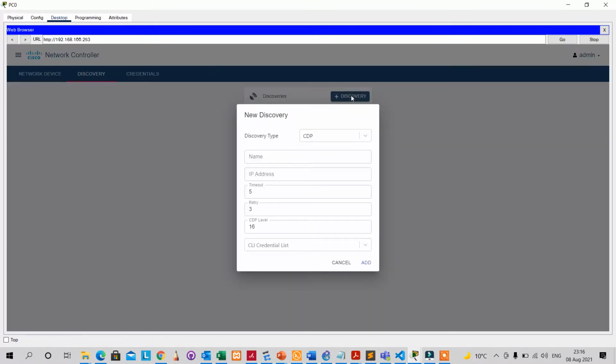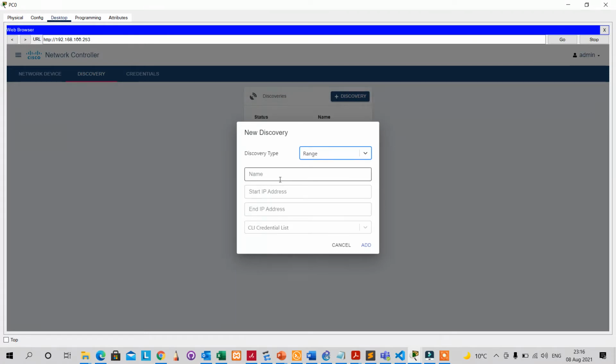Let me go click on the discovery part, and then you can use CDP, Cisco Discovery Protocol, which is the Cisco protocol used by Cisco devices to discover each other, to find the devices that are closer. Or you can use the range, right? For the range, you will need to type in a name for that range. Maybe we say our company name is Mega. Start IP address 192.168.100. That's the range of my network, right? It starts from 1 and then ends